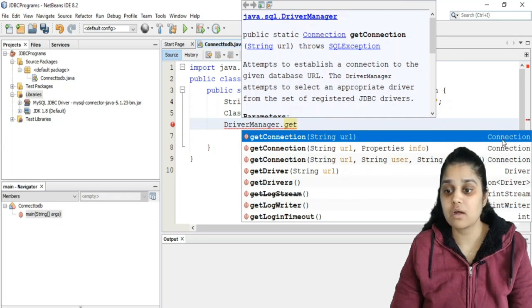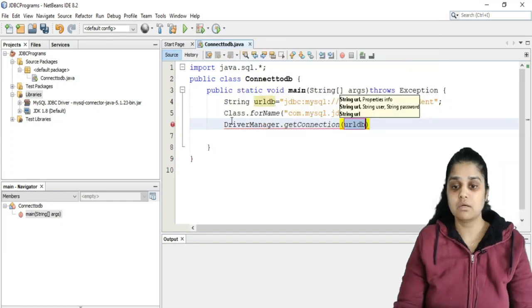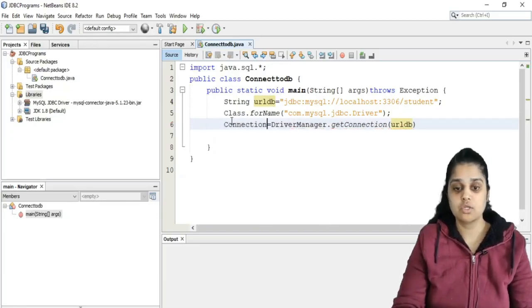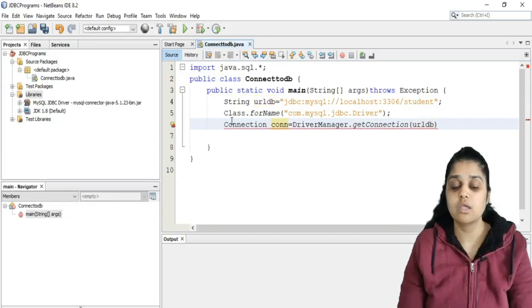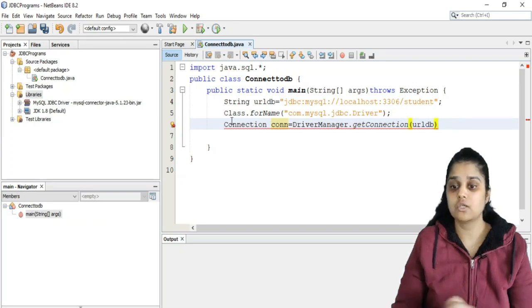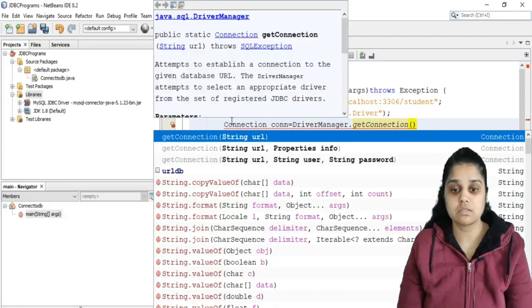So whatever result this method is returning should be stored in a reference of the Connection interface kind. Whatever results I am getting from the getConnection method will be stored in Connection con. So I have created a reference of my interface, that is con, and inside con I am storing getConnection. Now for getConnection, I am going to use the one with 3 parameters, that is this one.